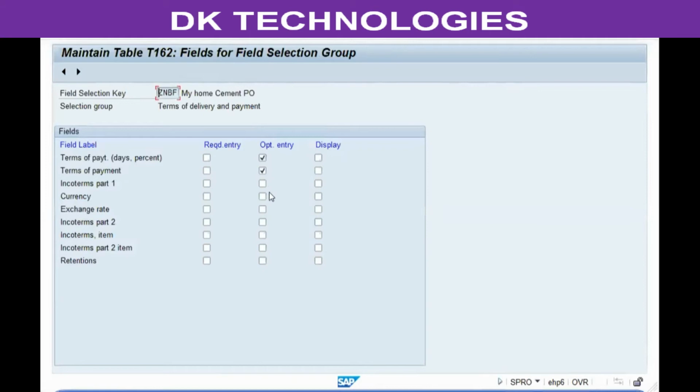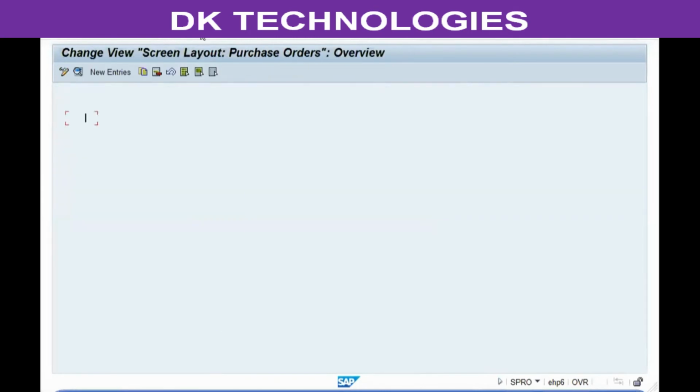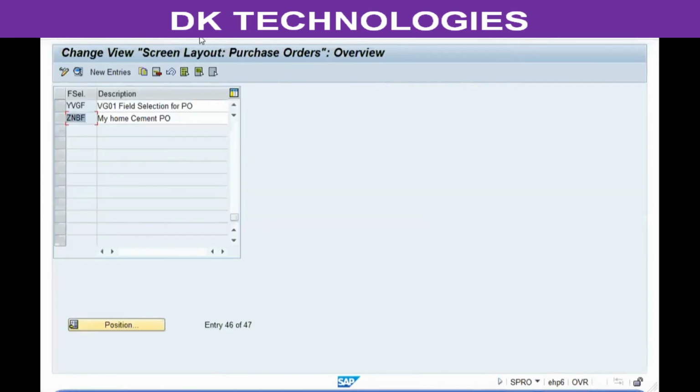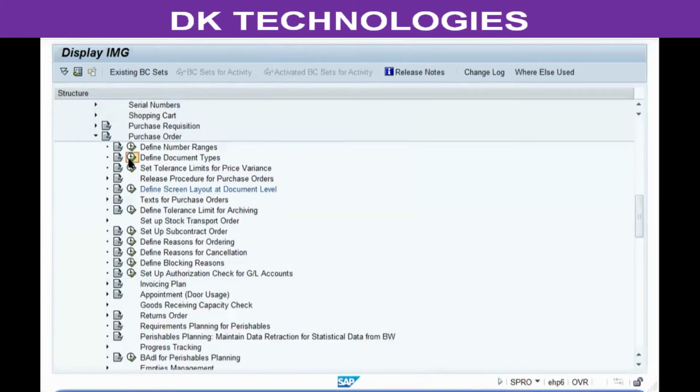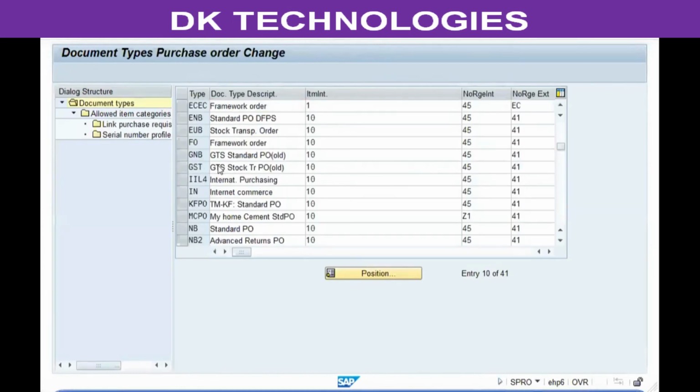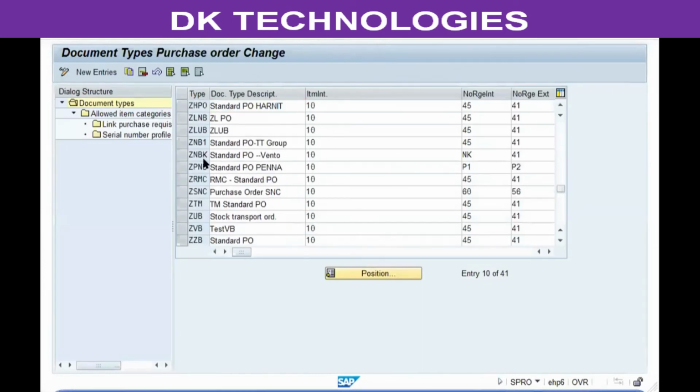So if you don't select any of these three, then the default selection is hidden. Okay. So once you maintain it, now I need to assign this field selection key to the document type. So go back to the define document types screen, go to your document type and assign that particular screen selection